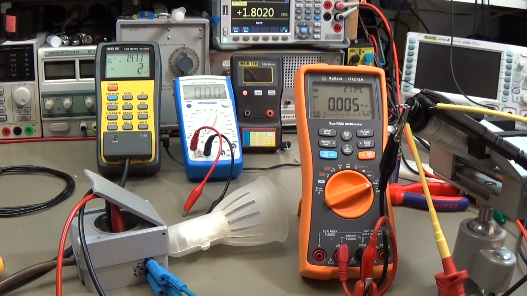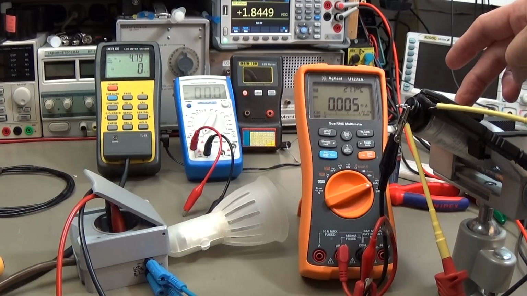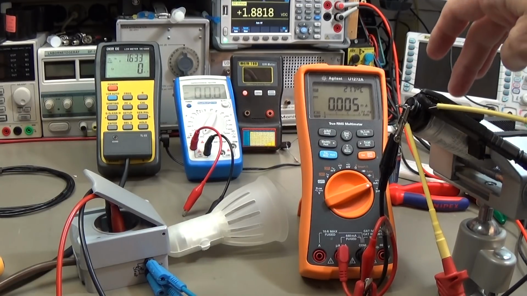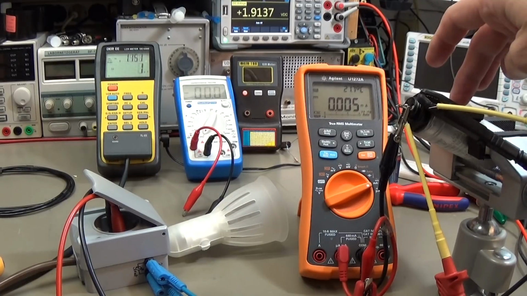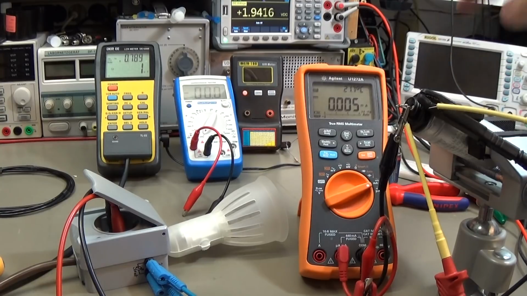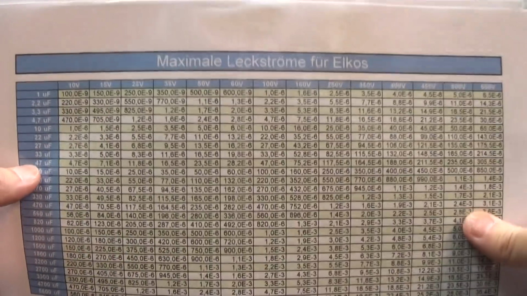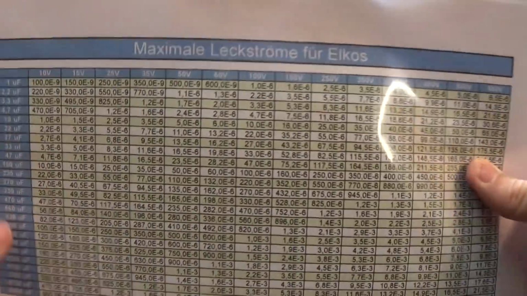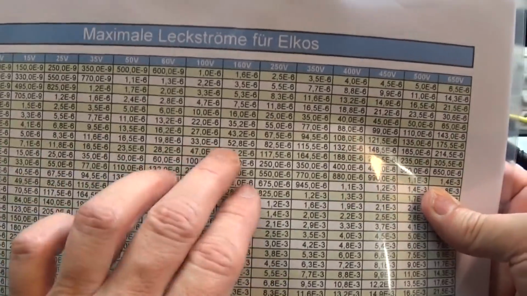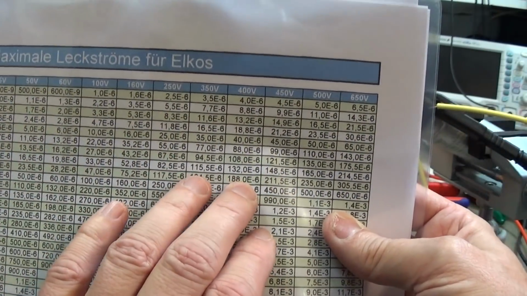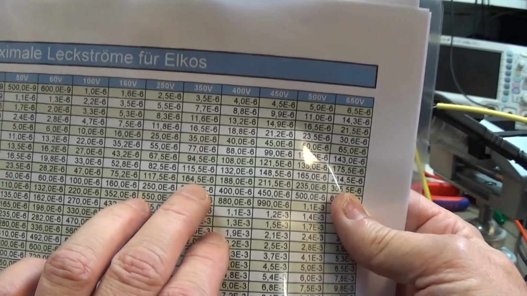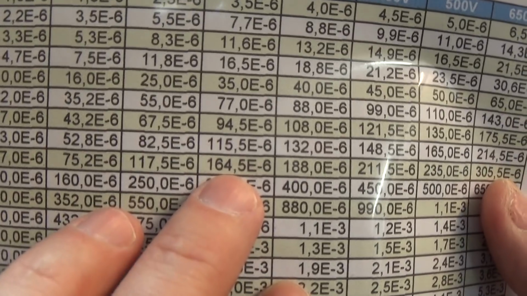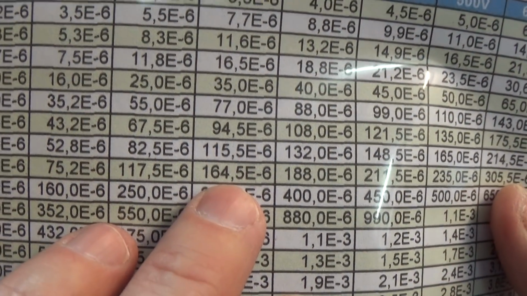This is now the power supply for our electrolytic capacitor, and what we want to know is, is this capacitor able to handle 350 volt, or 300, I don't remember exactly, and are we able to get it down to, we take another table, so we have 47 microfarad, all right, and we have, let me double check, 350 volt, and with 350 volt our leakage current should not exceed